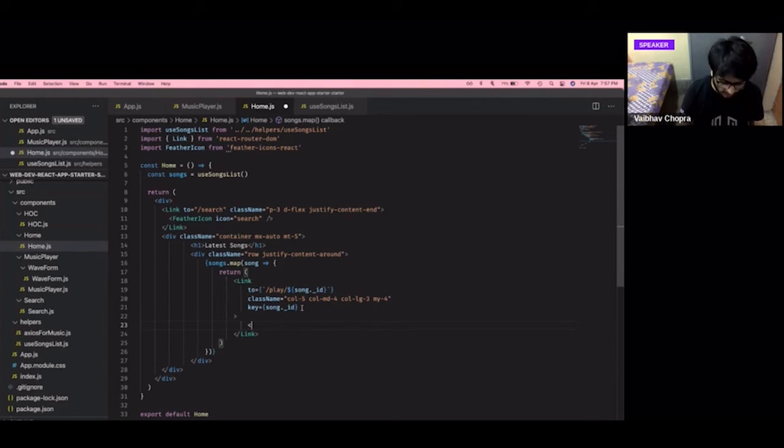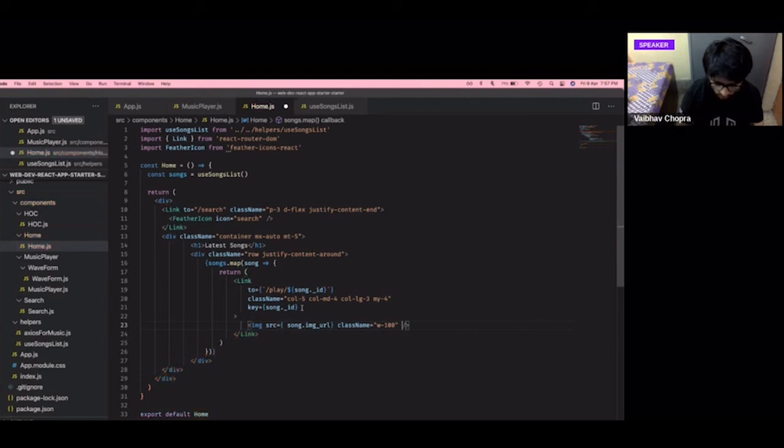Now I will use an image tag because obviously the album arts are images. And from where do I get the image? Obviously from the song object, because we have already created it in our Node.js backend, which we have gotten the information for. Class name, like I said, w-100. Instead of writing it in CSS, you can just use w-100 to span the element across the full width.